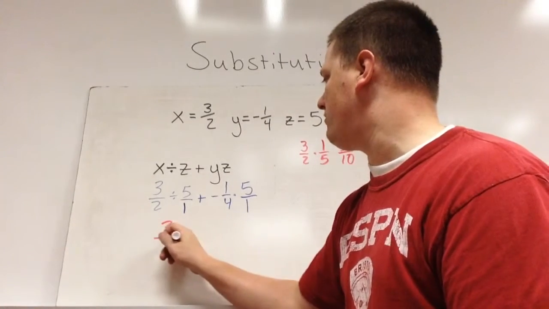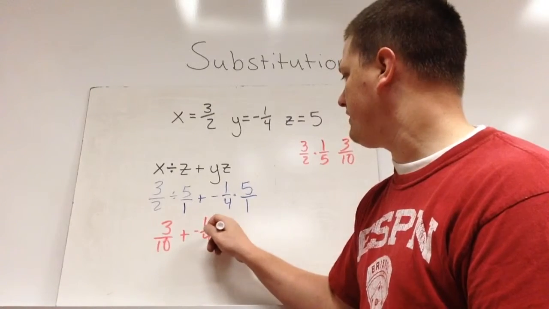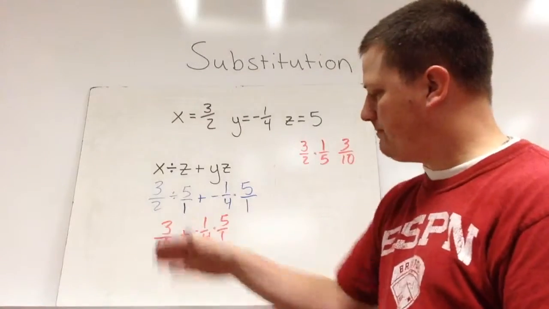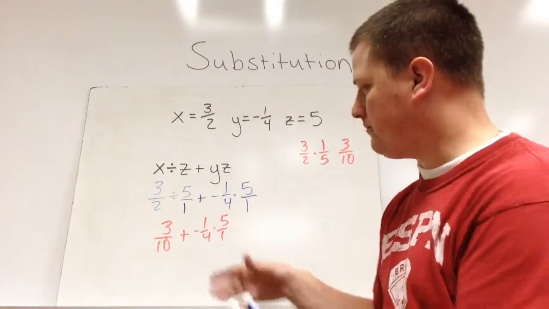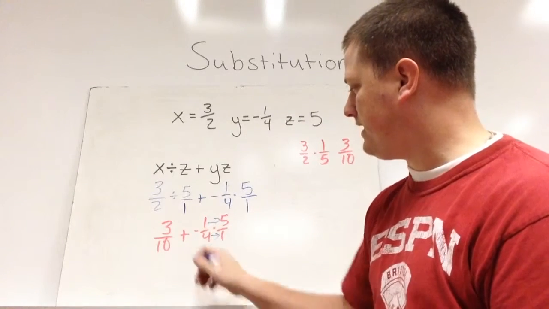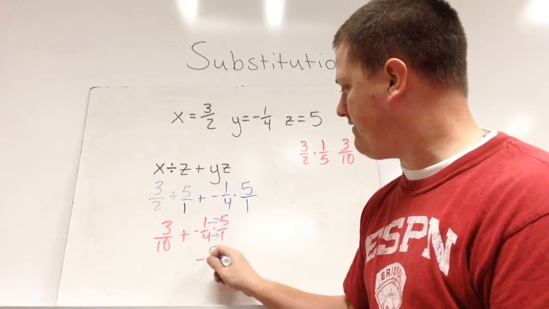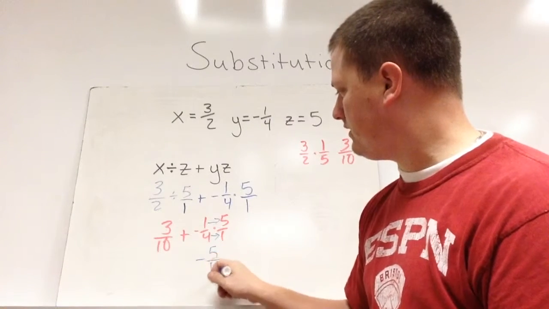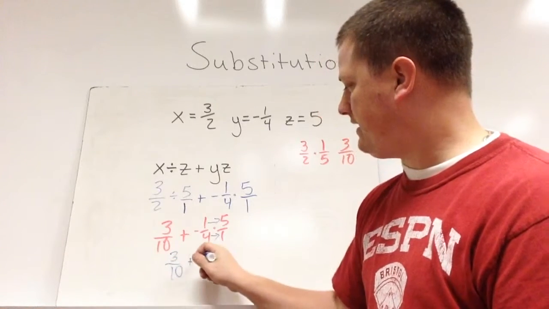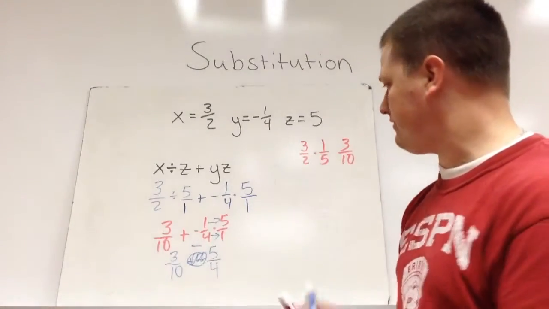So we've got 3 over 10 plus negative 1/4 times 5 over 1. Now we're going to actually do the multiplication here. So this is going to be straight across. This is already multiplying. So negative times positive is negative. 1 times 5 is 5. 4 times 1 is 4. Plus 3 over 10 there. Adding a negative is like subtracting. So now we have 3/10